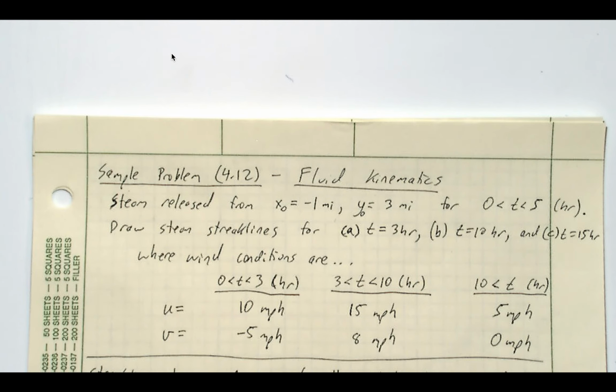All right, so in this video we'll have a sample problem that looks at fluid kinematics, in particular the velocity field and what we mean by a streak line. Streak lines and path lines are something that we can actually visualize in a real system, whereas streamlines are useful for analysis. So we're going to focus here on streak lines, but know going forward that since fluid mechanics deals a lot with analyzing fluid systems in a theoretical fashion, what we'll deal with most are